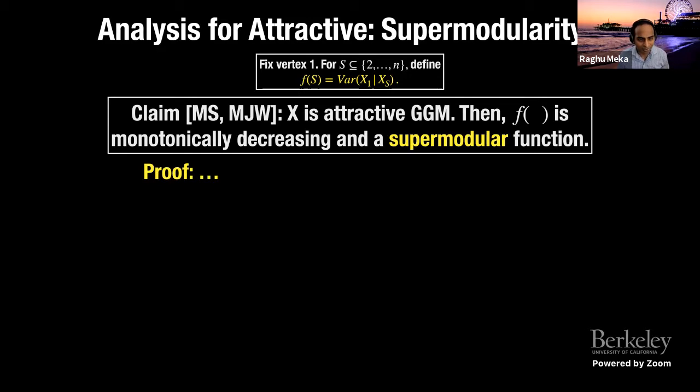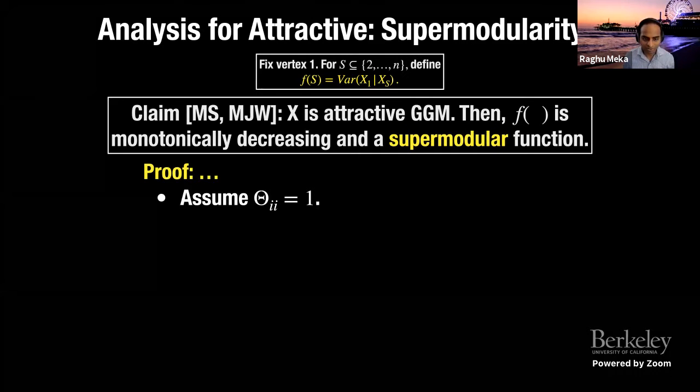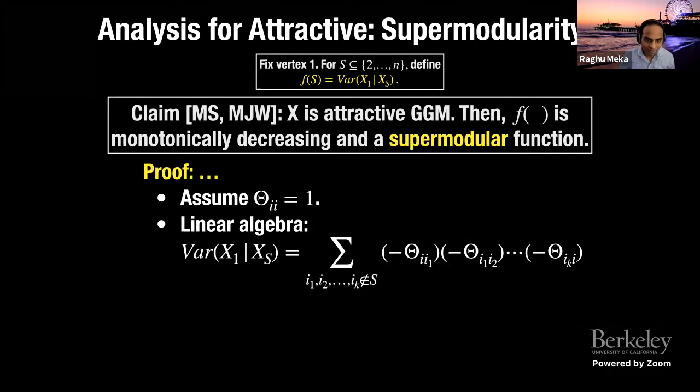The original papers had somewhat different proofs, but here's a simple linear algebraic proof. Let me normalize the precision matrix so that the diagonal entries are 1. Normalization doesn't change the supermodularity, so it suffices to prove supermodularity of the conditional variance function under this normalization. You use the determinantal formula and some linear algebra to see that this is true for any model actually,